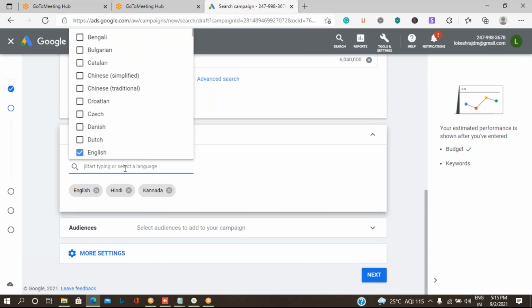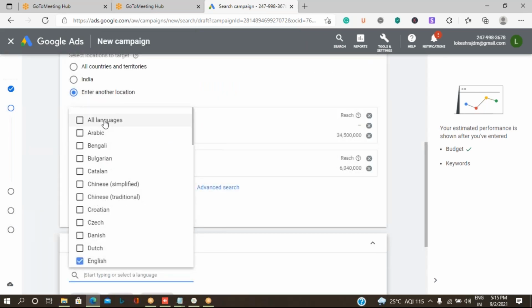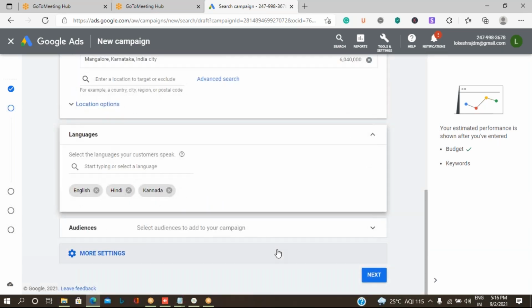If you want to select multiple languages, you can specify the same. Suppose you are okay with all types of languages, including the global languages, and you are able to handle those people, then you can select all languages, which is there on the top, which will include all the global languages. Okay, so this is based on language.